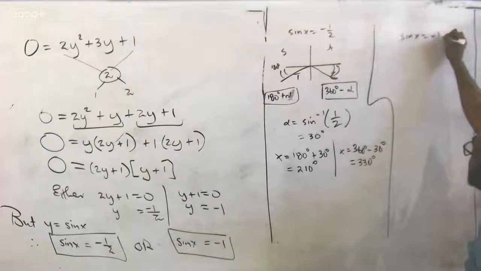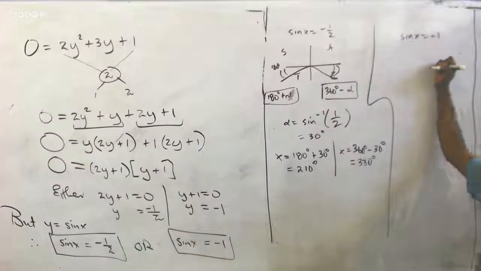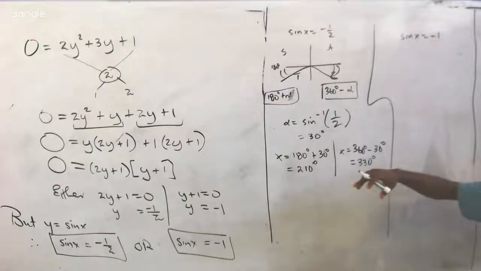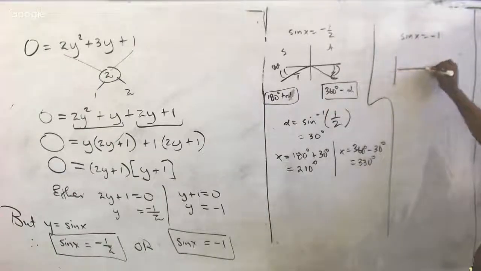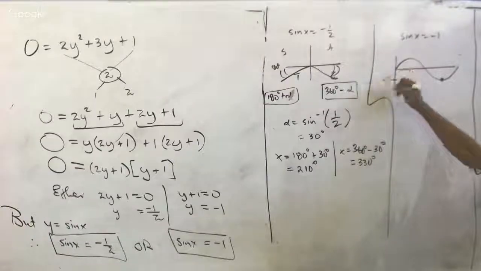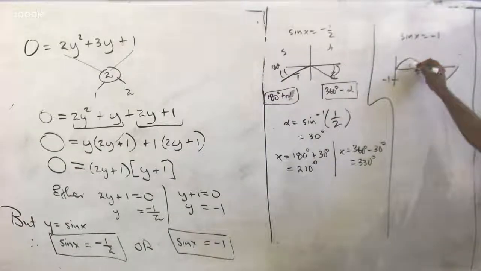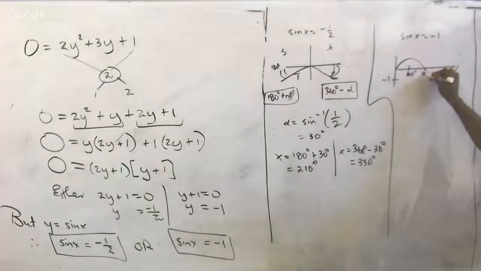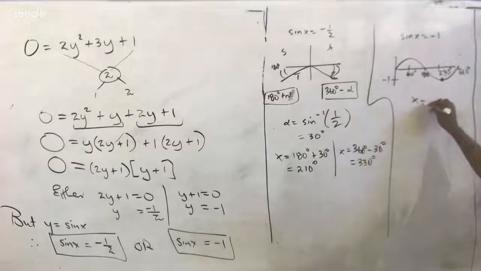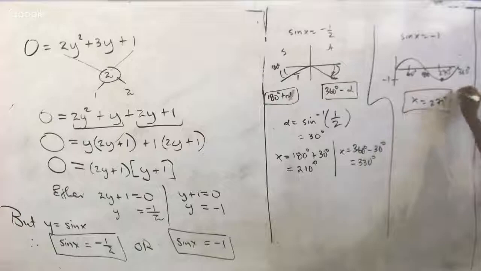The next is sine of x equal to -1. And we can use either the graph or the quadrant system. If I use the graph, it's the easiest thing though. I know where the graph is -1, the one place alone is -1. This is 90, this is 180, this is 270, this is 360. So what's the answer? 270, by the graph. Those are the values.